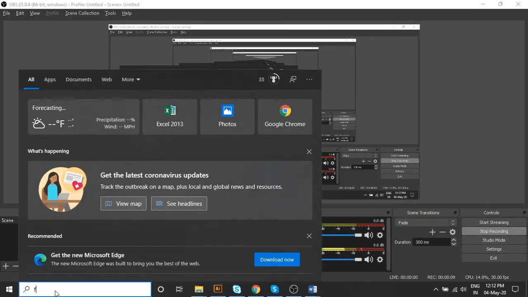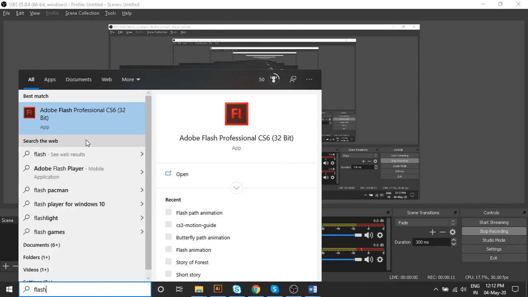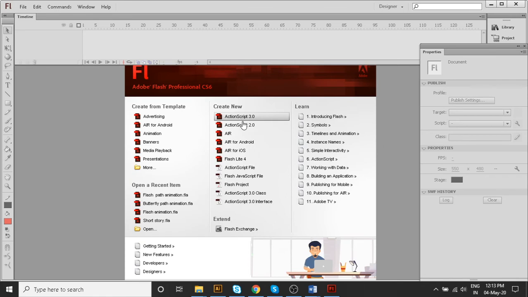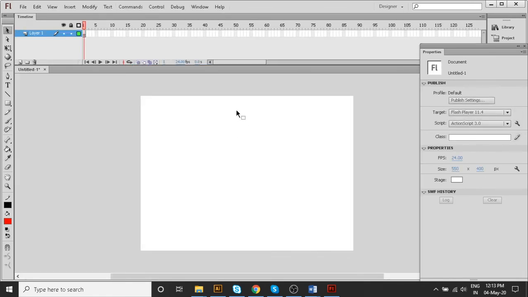So let me start Flash again. Sometimes if your file is very heavy, it creates some problems. So okay, no problem. So I have all the objects.